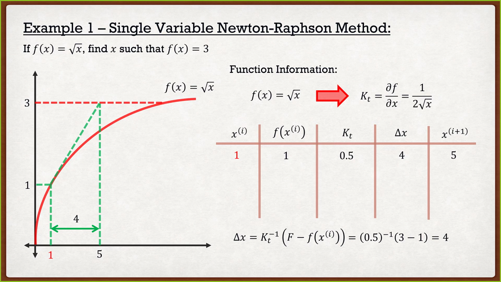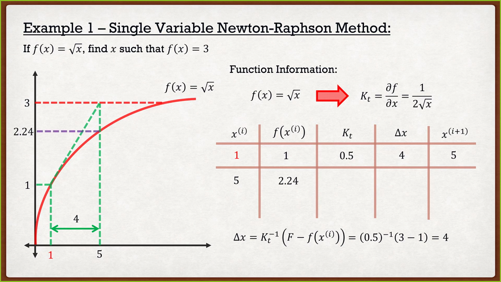No, exactly, we have not. So what do we do? We throw in another iteration. What's our new initial guess? Well, it's going to be our final guess from our last iteration. So now we know that we are at a displacement of 5 millimeters. We're going to say, all right, well, at this point, I need to figure out what the value of my function is. Well, it's going to be 2.24. So as we can see, again, we want to get to a load of 3. Our initial guess was 1, which is kind of far off. But now we're at 2.24, which is a lot closer to 3.